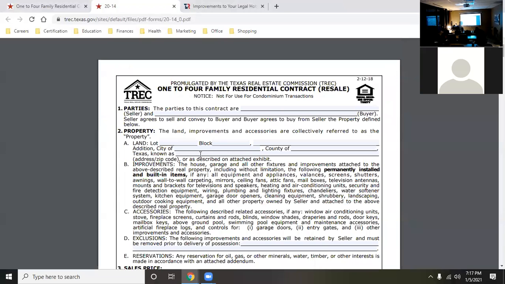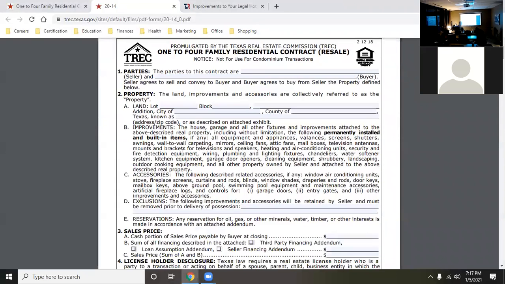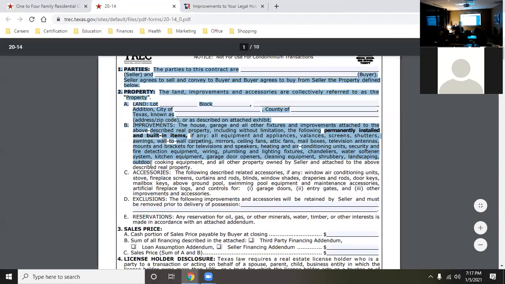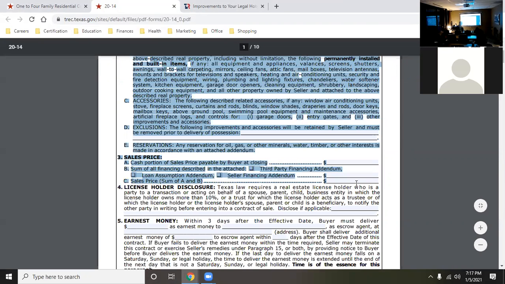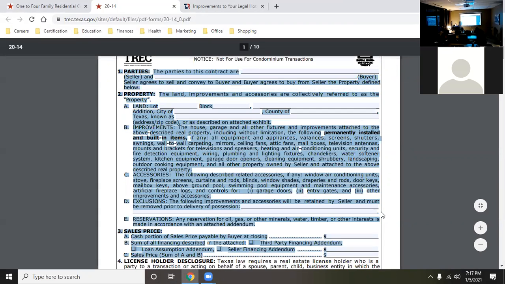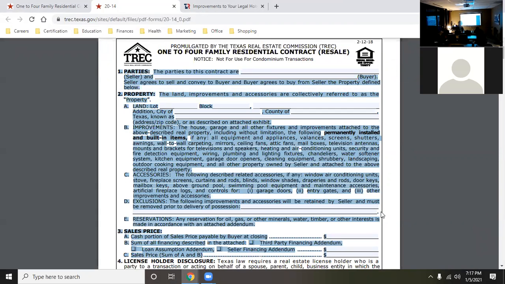I want you to read these, not that fourth one, but right there. I want you to read those lines right there. That's short and simple. But I want you to read 1, 2, and 3.